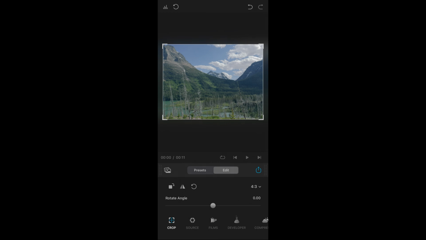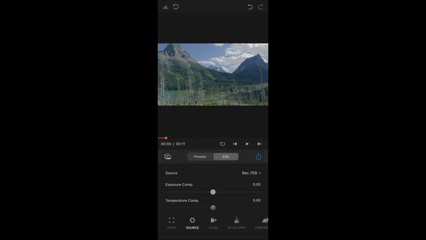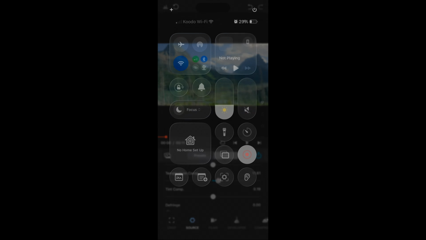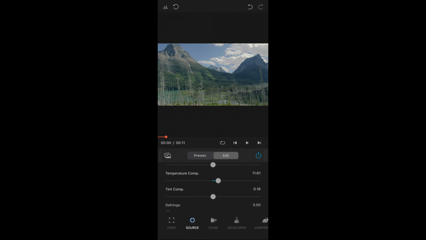Now we're just going to go with the original here. We're going to go to source, and maybe I'm going to work a little bit in the temperature here and warm it up just maybe a hair. Work a little bit in the tint. That looks about good. I'm going to set my brightness about medium. Now let's go into film,